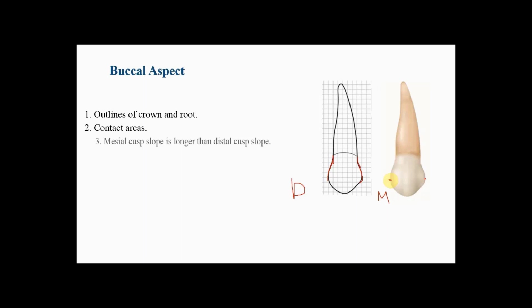Also, this tooth is characterized by the presence of what's called the mesial marginal developmental groove. This is the mesial marginal ridge, and here it's notched by a small groove called the mesial marginal developmental groove. Also, the maxillary first premolar is characterized by having two roots, in most of the cases, in 80% of the cases,